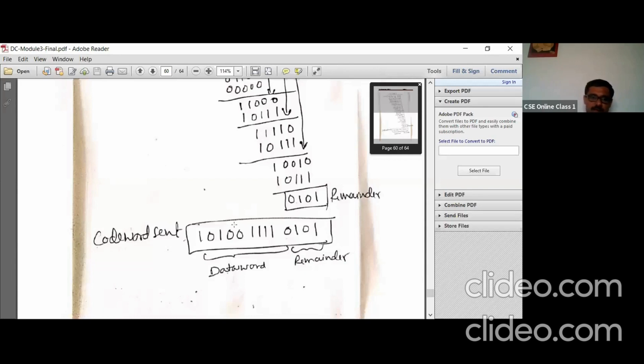For example, take the error in the MSB and also the LSB, so the 1 here is changed to 0 and the LSB is also changed to 0. Perform the division operation again and check what syndrome you get. So the first problem has 2 cases and the second problem again has 2 cases, so there will be 4 assignment questions. All these assignment questions will be evaluated once the college reopens.